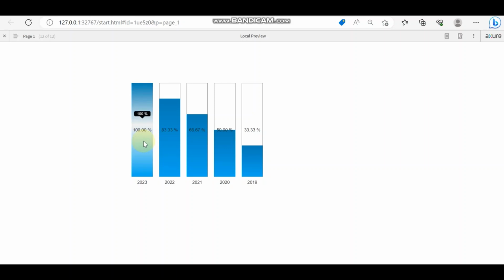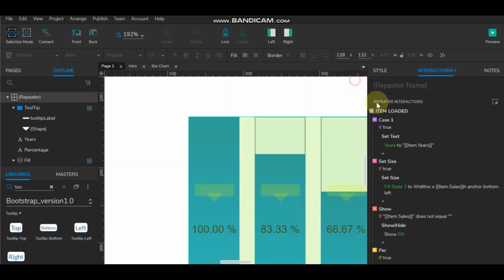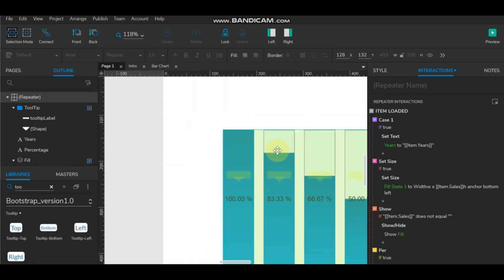So once we preview here, 100%, it is coming in a single line, 83%, 66. So it will be 67 because we have removed this after decimal 2 point. So it will calculate next 50%, and it will be 33.33. So after this 50, it will calculate as 34. If it is not 50 before that, it will calculate just 33. So next, this is done, and now we can do here